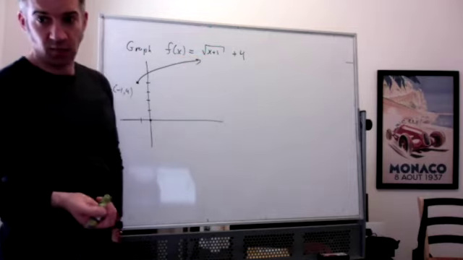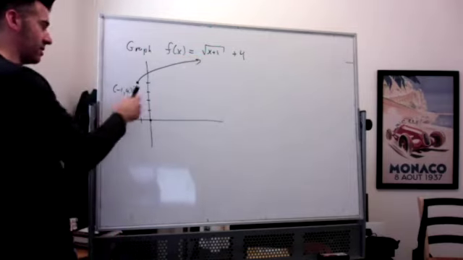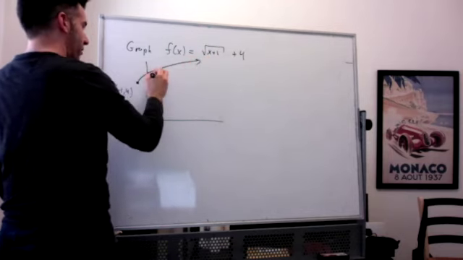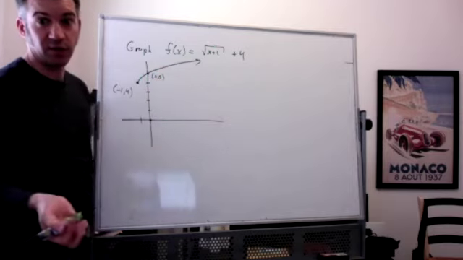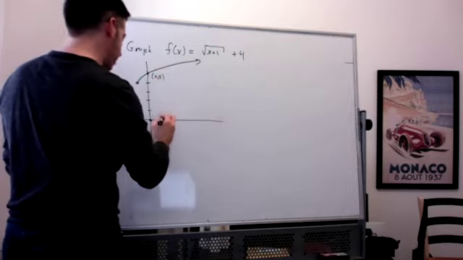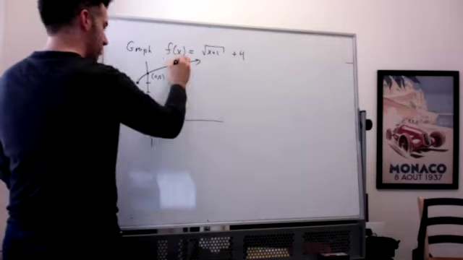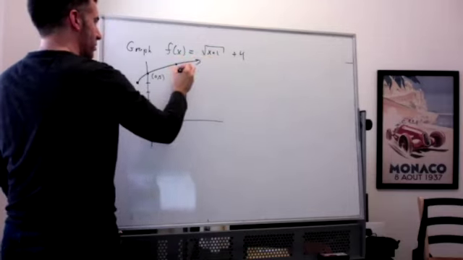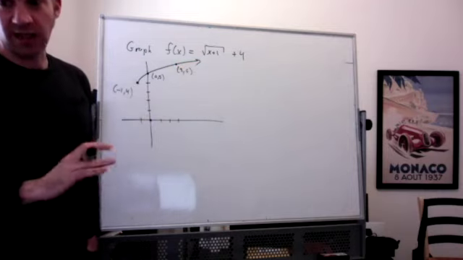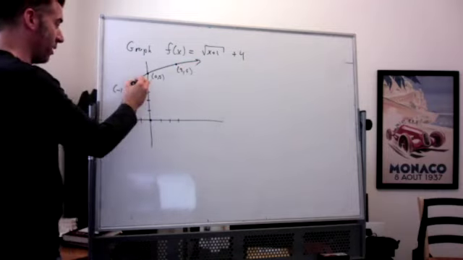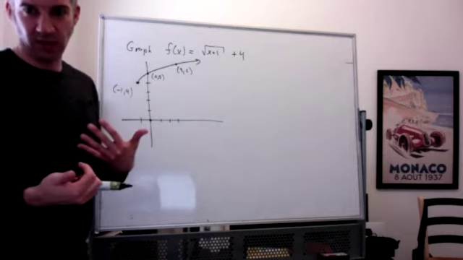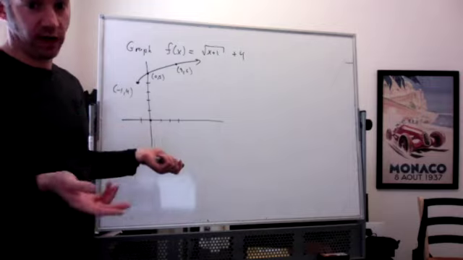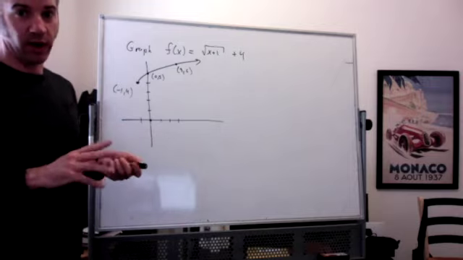And you could plot a few more points if you wanted to, right? If x is 0, square root of 1 is 1, 1 plus 4 is 5. And then you could pick x equal to 3. If x is 3, 3 plus 1 is 4, square root of 4 is 2, 2 plus 4 is 6. You don't need to plot any of these extra points. You do need this first one, though, because that's kind of like the beginning, and we need to know where that is. But that's kind of the idea really behind shifting graphs, is that you're seeing where,